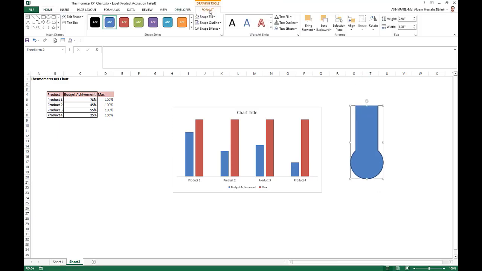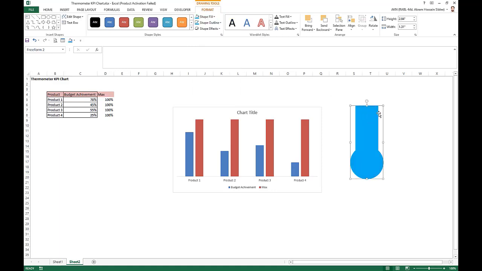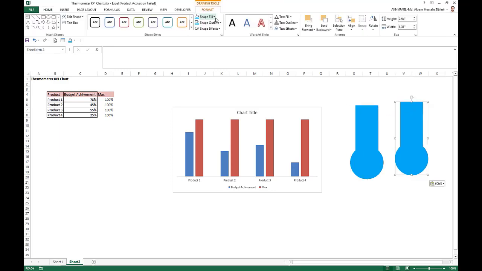Now go to Format, take shape outline as light blue and shape fill as light blue. Copy this and paste here, and take Format, shape fill as no fill.